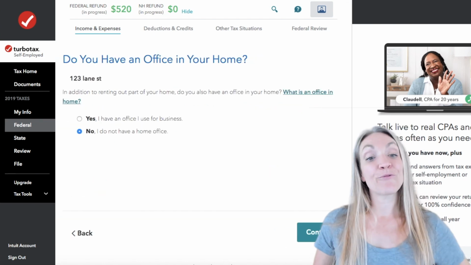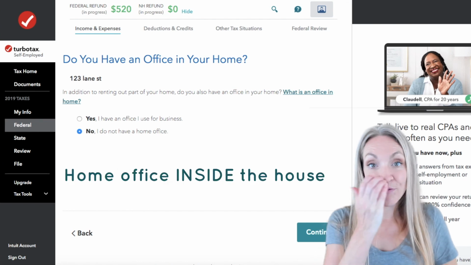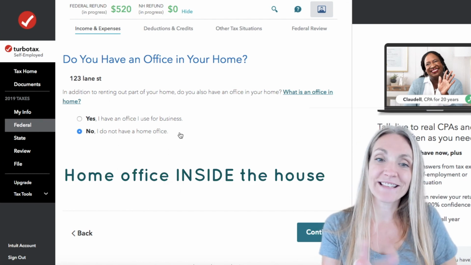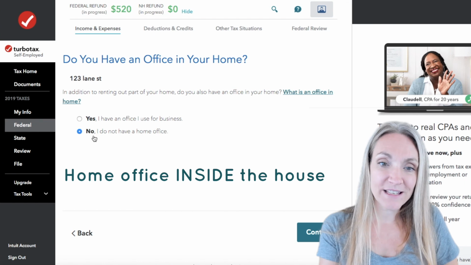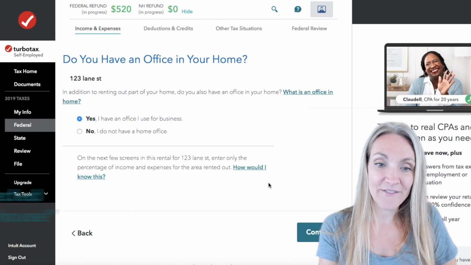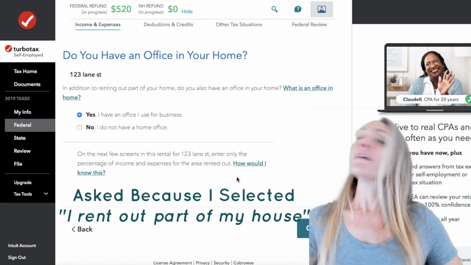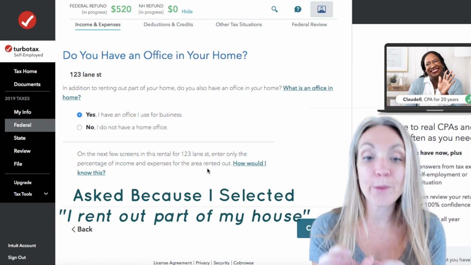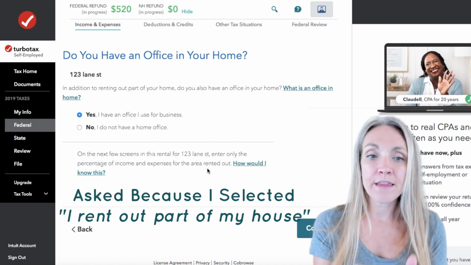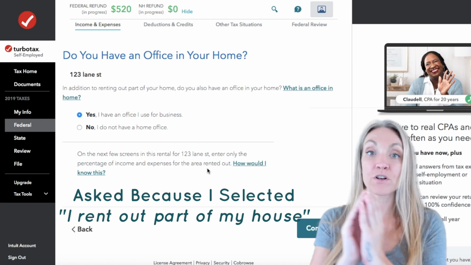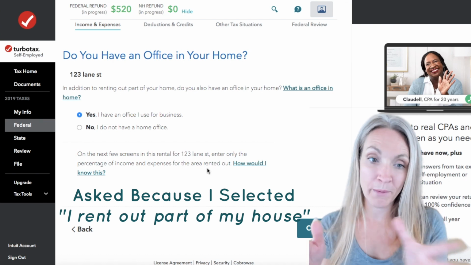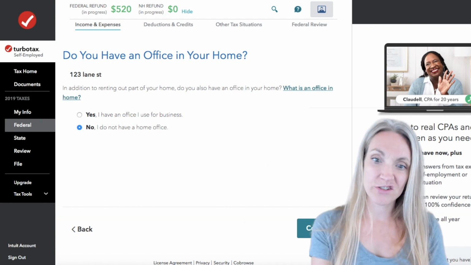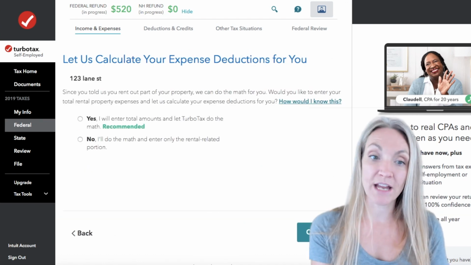Now they're asking about if we have an office that we use for a home office. Now they've added this over the years because things can get a bit confusing. So I'm going to say yes, I have an office I use for business. Now, if that's the case, then you want to be sure to divide out the portion of your house that is used for your home office versus that's used to rent. Because remember, I checked that box that I'm renting a portion of my house. Now I'm going to change that to leave that off, but if you leave it checked, you'll be asked those